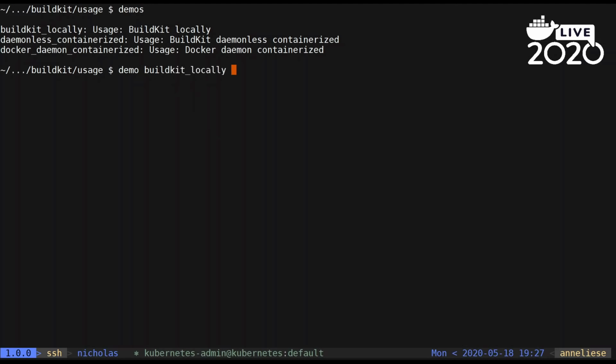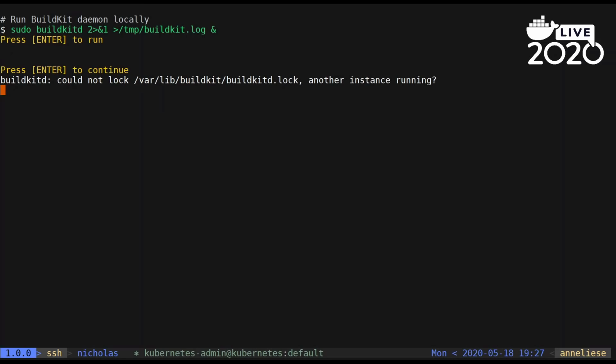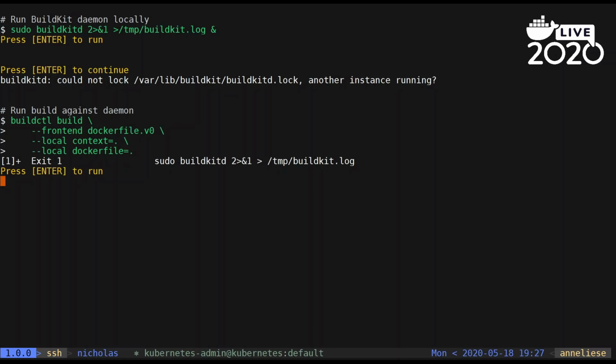So we have a demo for running BuildKit locally. First we'll run the BuildKit daemon, and normally we need to use sudo for this, so we need to run this as a super user. This should not have happened, but it's probably fine. Probably it was running from my previous test. So BuildKit is still running in the background, and now we need to run the client for this, which is